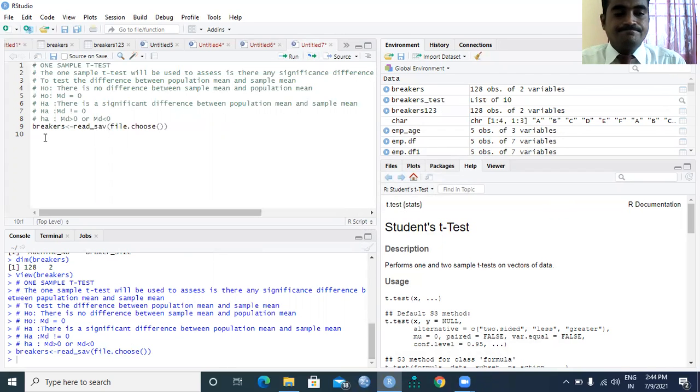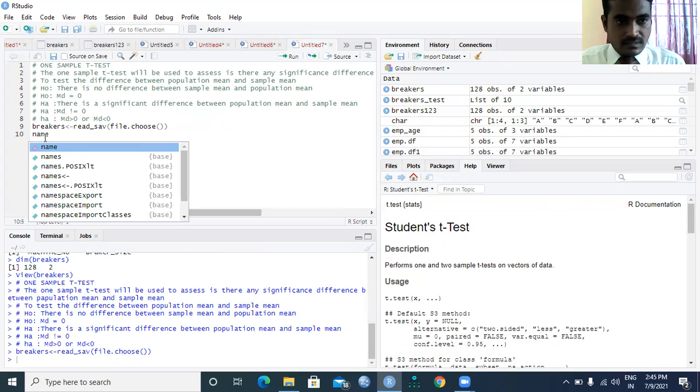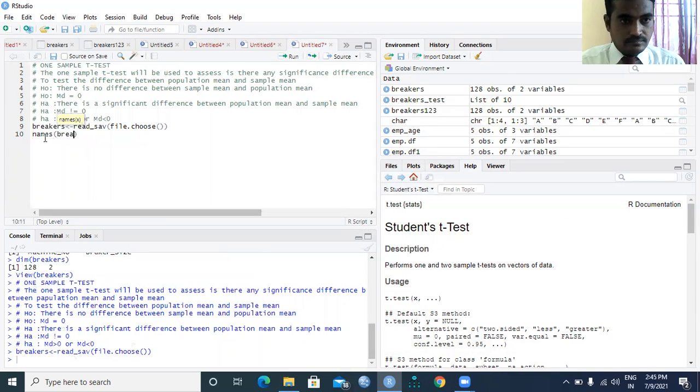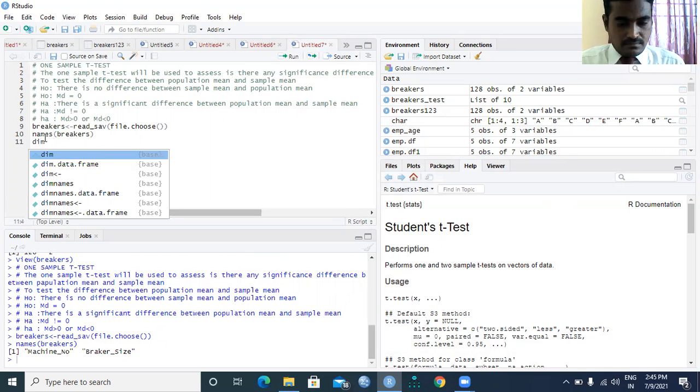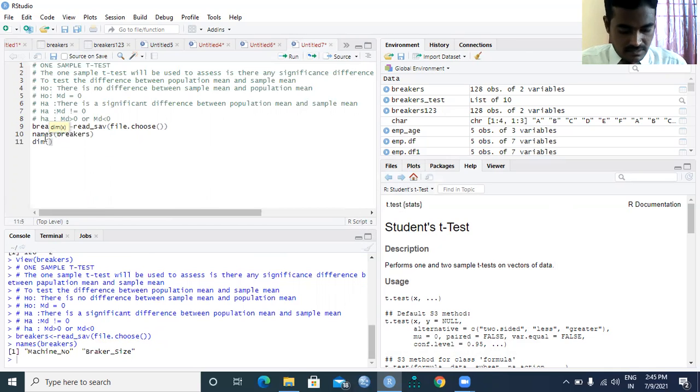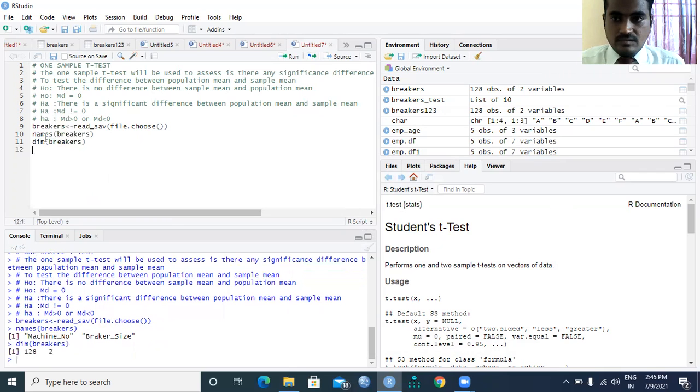Now the names of the breakers: there are two different variables, machine number and breaker size, and the dimension of breakers, 128 observations with two variables.